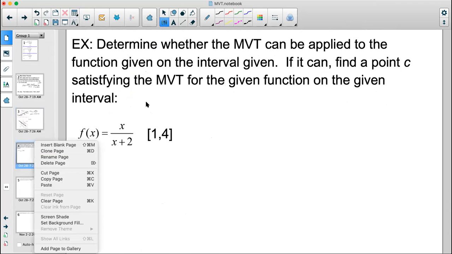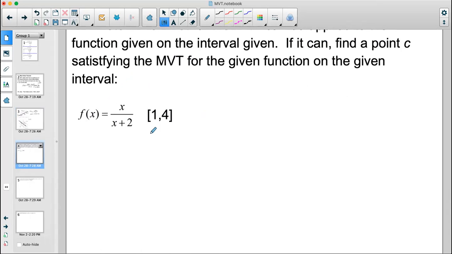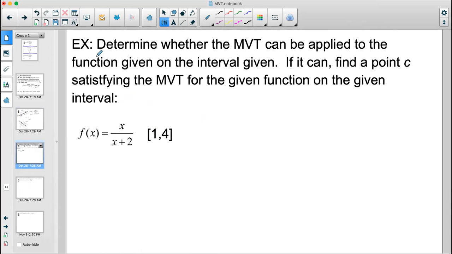So for example, it says, determine whether the mean value theorem can be applied to the function on a given interval. So here's a function and here's an interval. They want us to check and make sure we can actually use it. If it can, find a point c satisfying the mean value theorem. So basically, if it can be used, find the x where it actually happens. So if we look at the